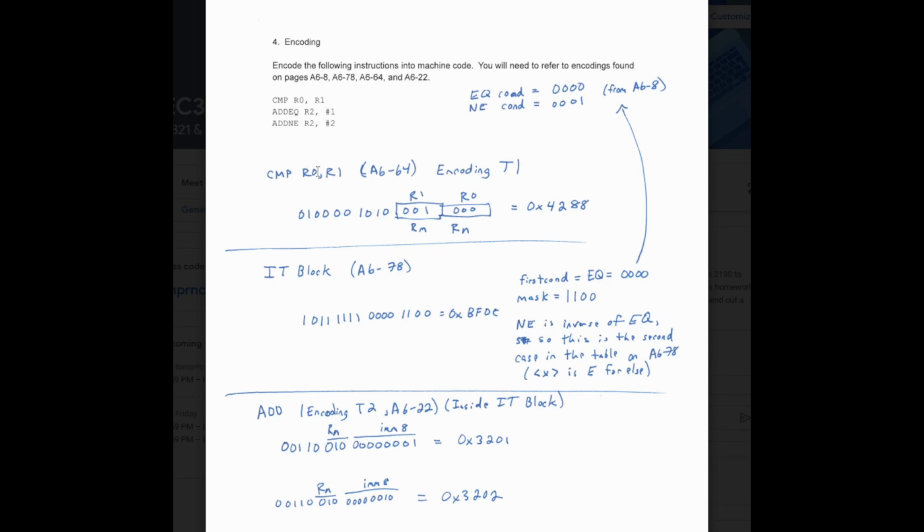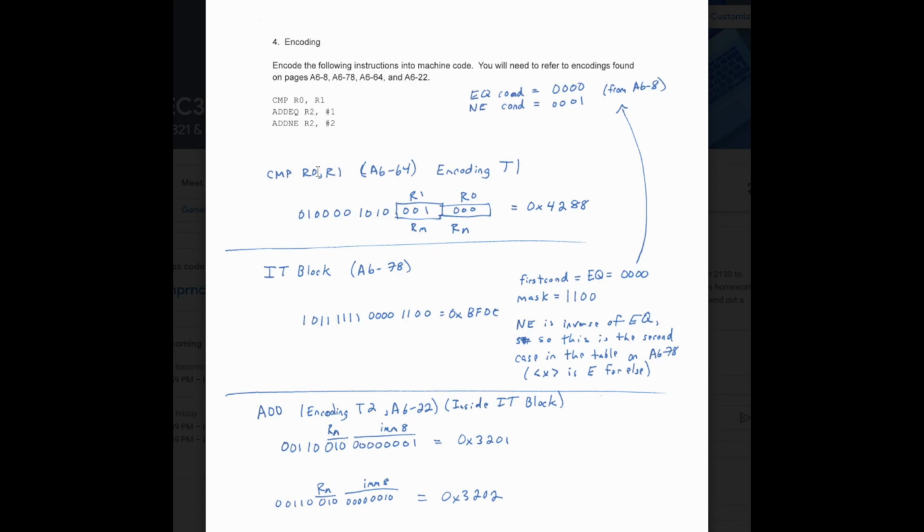But because we're using R0 and R1, this is a nice compression technique where we can use the small numbered registers, which are a little more common, right? Because R0 through R3 are the parameter registers. It's the return value for R0. They're the caller saved registers, so they're the ones that we're going to use the most frequently anyways. And that gives us a little bit of flexibility to use up to